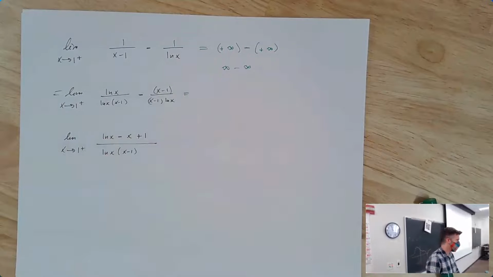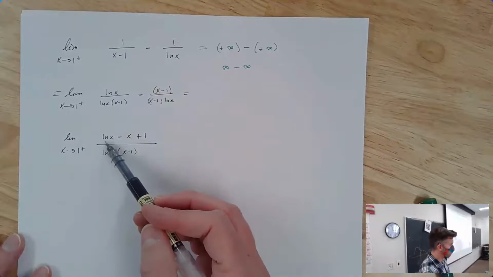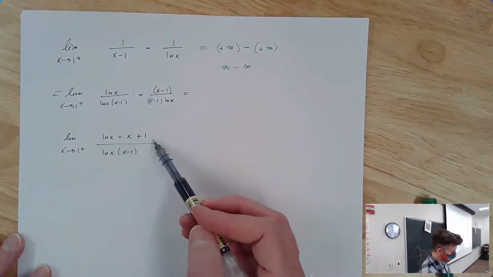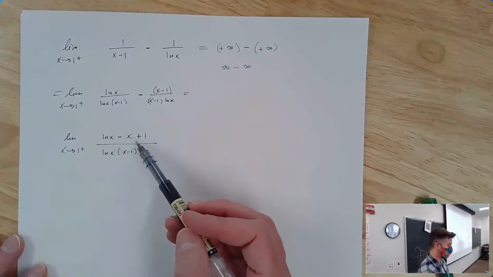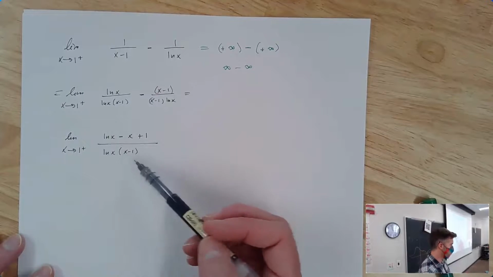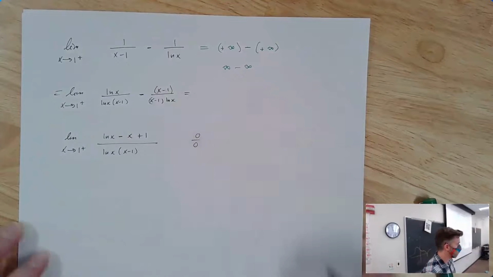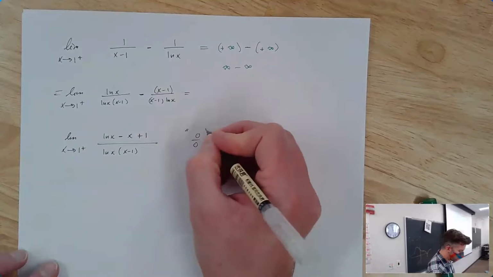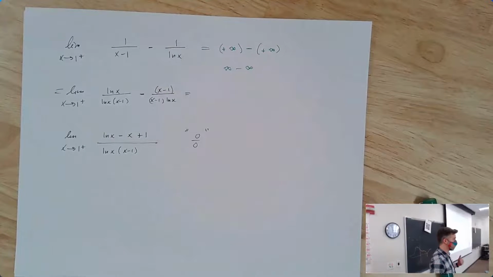And before we get too carried away here, we should make sure, as long as you've done the algebra correctly, this infinity minus infinity should turn into a fraction that's either 0 over 0 or infinity over infinity. There's kind of no other choice if all the algebra is done correctly. If you plug in 1 for x, natural log of 1 is 0, x is 1, so 0 minus 1 plus 1, that's 0. And the bottom, natural log of 1 is 0, and 1 minus 1 is also 0. So this definitely is a 0 over 0 type. But it's always a good idea to check that you have the right type of thing before you start using L'Hopital's rule.